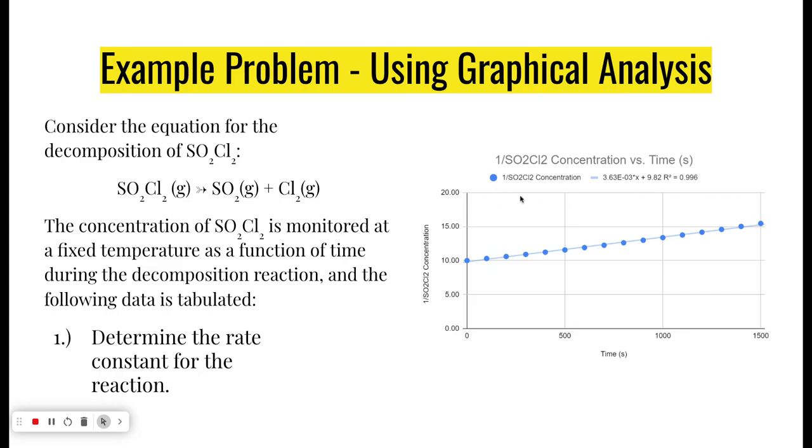You'll notice that the graph here, again, the R² is not exactly 1, it's 0.996. So we know we have to go back to the previous graph in order to solve for the rate constant. But nonetheless, we have an idea of what we need to do now. Again, how do I know this is the second order curve? The second order integrated rate law is 1 over the concentration of the reactant